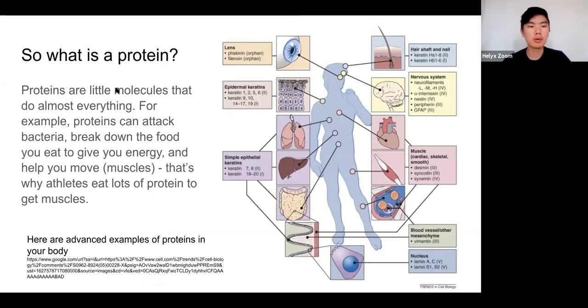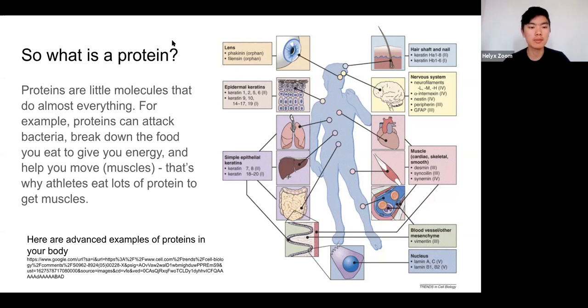So what exactly is a protein? Proteins are molecules in our body that do almost everything. For example, they attack bacteria, break down viral DNA, break down the food you eat, and even help you move. That's why athletes eat a lot of protein to get stronger, because those proteins can be broken down and then